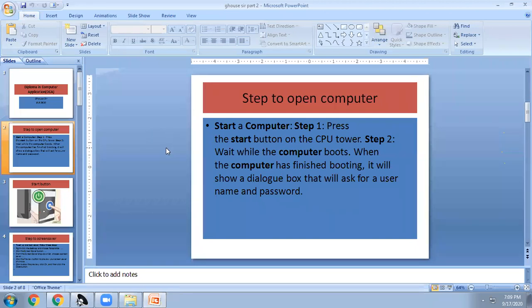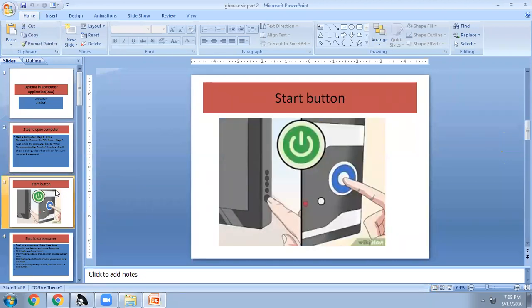First we will see how it is. You might have seen the cabinet, how it looks, and how you will start the computer. This is the picture you are seeing. The cabinet is the physical form of the computer. You will have a button there, or in the laptop you will have a small button. First you have to check whether the power supply is connected or not. When power supply is there, you can just click on the computer start button and turn on the computer.